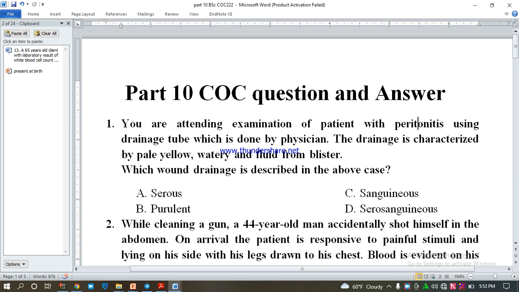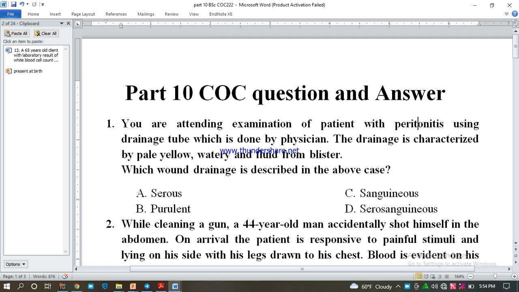ወደ ክፍል 10 ወስዳችኋለሁ። የመጀመሪያው ጥያቄ: you are attending examinations of the patient with peritonitis. ለዚህ peritonitis means it is an inflammation of the peritoneum. It is a serous membrane lining the cavity of abdomen and it's covering the abdominal organs ብለን የምንጠራው using drainage tube ተጠቅመን which is done by the physician the drainage is characterized by ሚወጣው ፈሳሽ